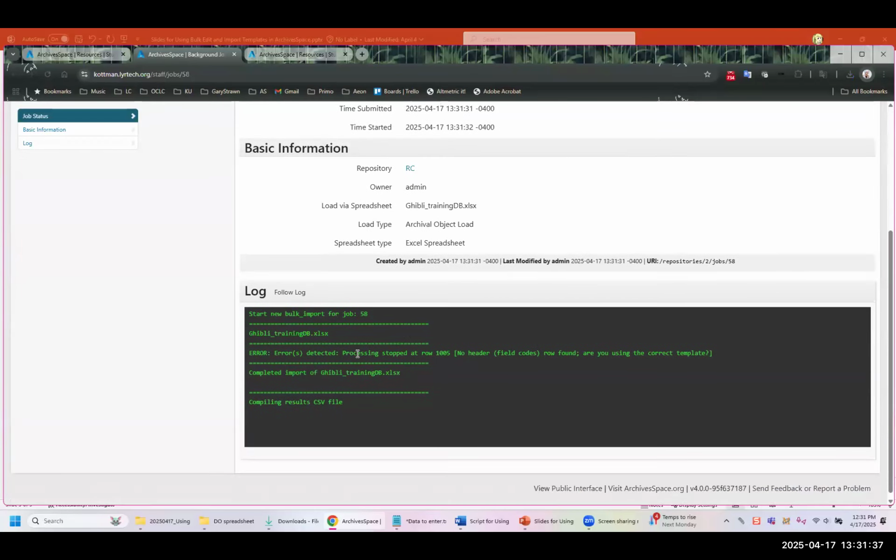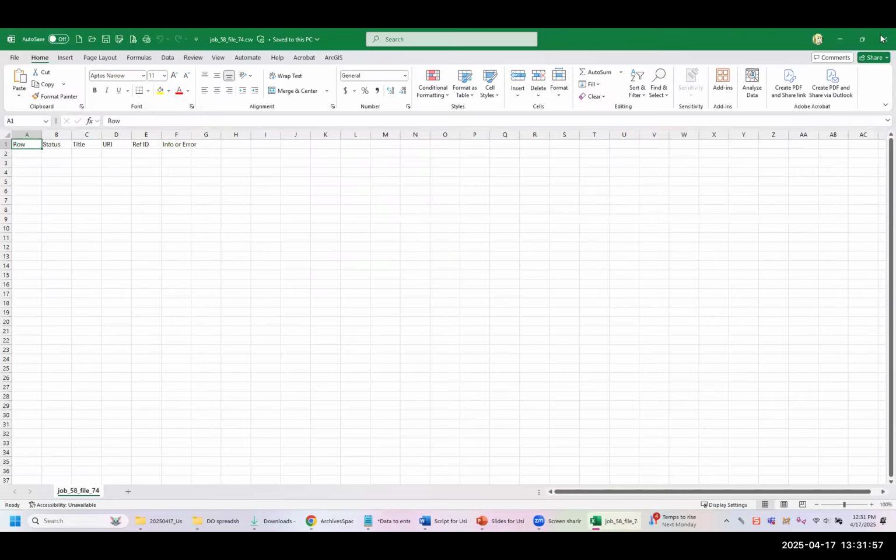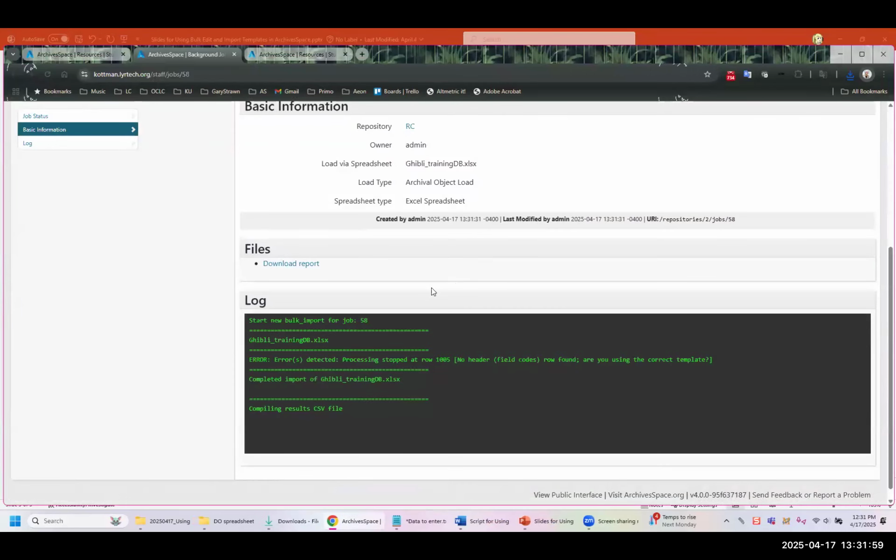Yes. So it said there's an error detected, processing stopped at row 1005, no header fields. So this message means nothing. And if you click on the download report, it gives you nothing. Which is why I think, because that radio dial button changed back to importing of archival objects instead of the digital objects, it's trying to tell you that you're using the wrong template to import, but I am